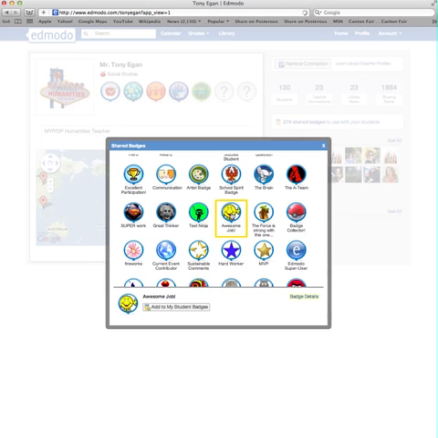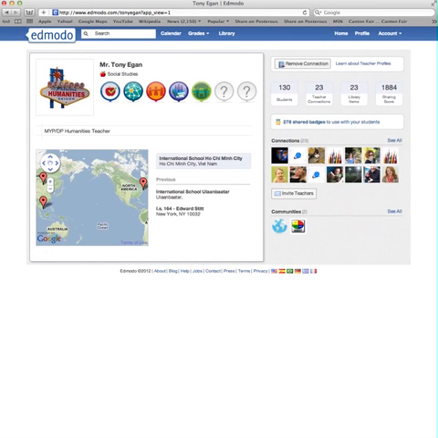And I can select one and then add it to my student badge group and thank you, Mr. Egan. So it's good to be connected with different teachers because you can share different things